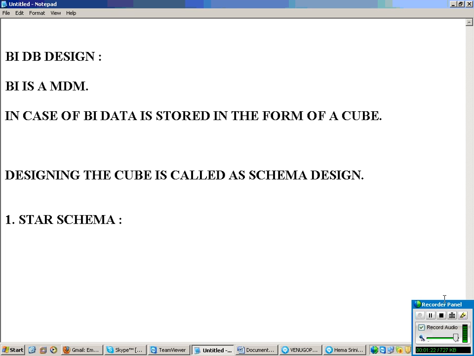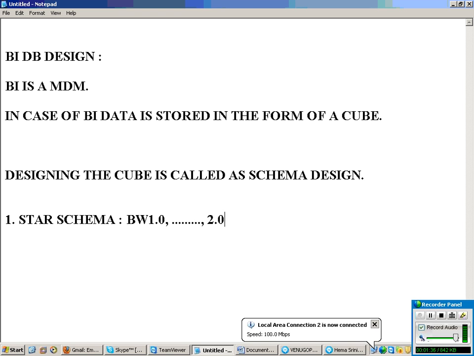So right now the product you are learning is BI 7.0, right? Like that, the first product release was BW 1.0. So one series has come, after one series, two series has started.